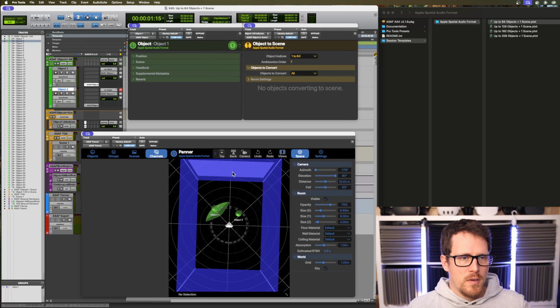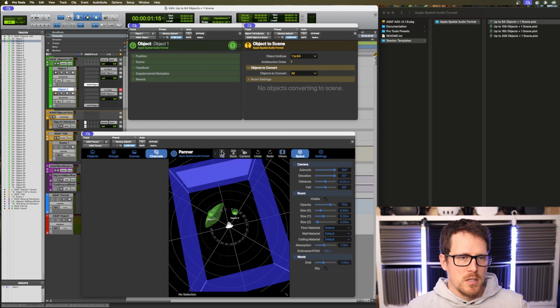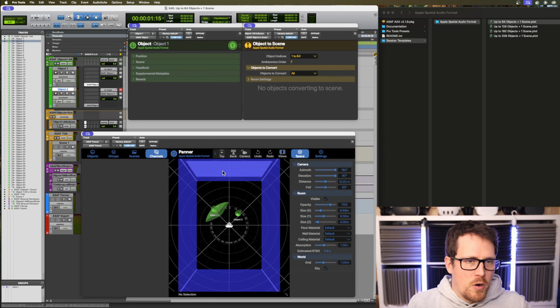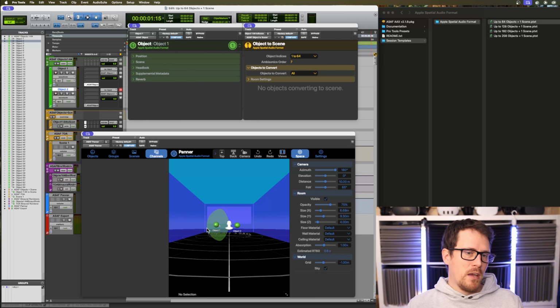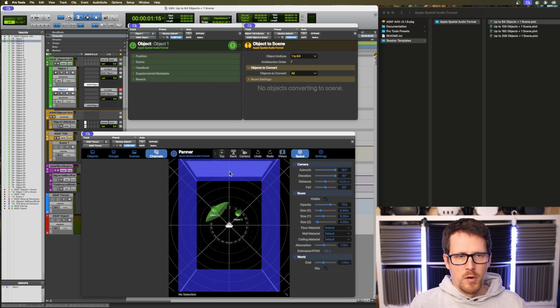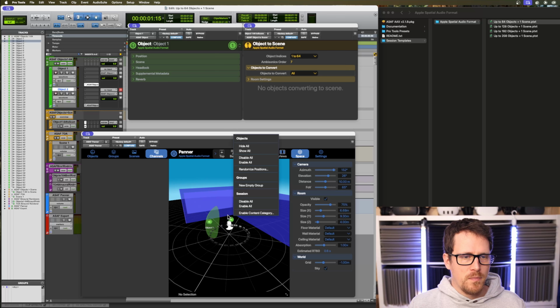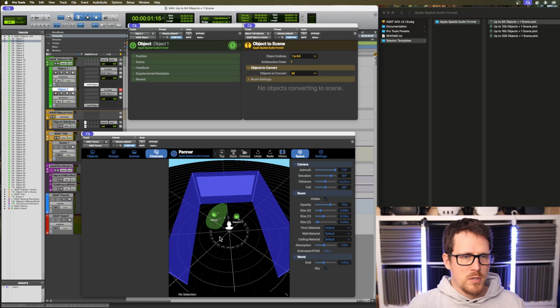But let's have a look at the camera view. You can do this. So this is pretty much the top view that I was showing you all the time. Then we have the back view. Imagine here's like a screen. So top view is what most people know from Dolby Atmos. You can just click here and choose another perspective if you wish.